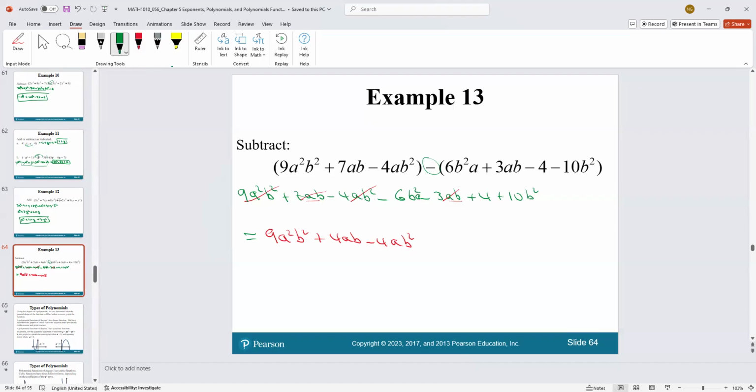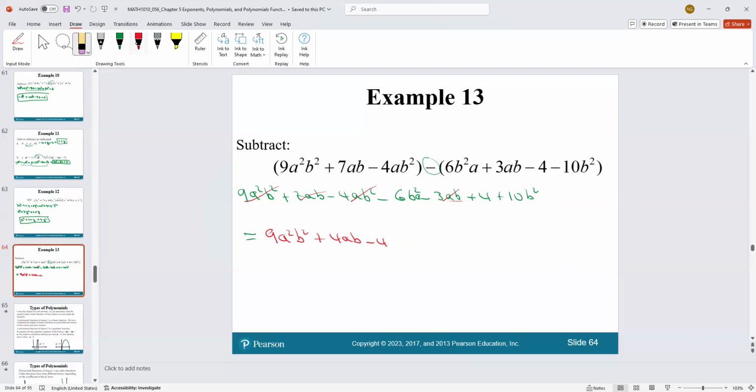So if we have 4ab squared, no, not this one. This one was correct, right? 7ab, 3ab give you 4ab. Now, this one right there,